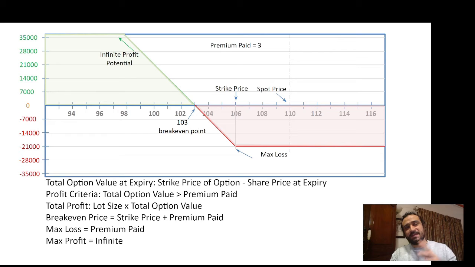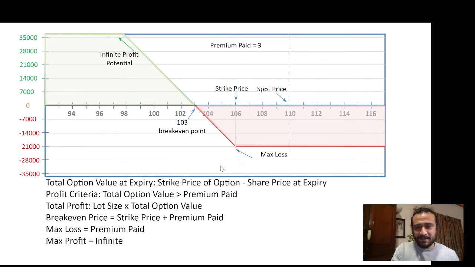So if you guys will remember the call option, the payoff chart for a put buyer, or a put long, is nothing but the call chart flipped vertically, right? So more money starts being made when the share price ends below the break-even point of 103. The further it falls, the more your profit, right? I think that's very clear.